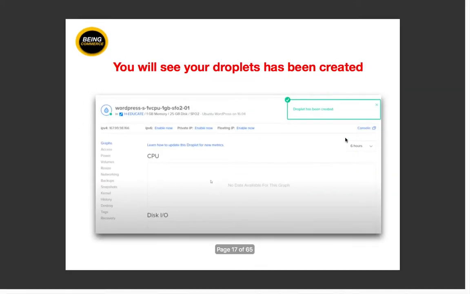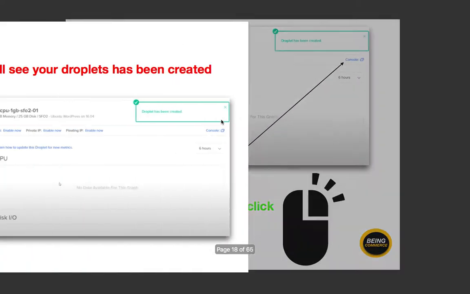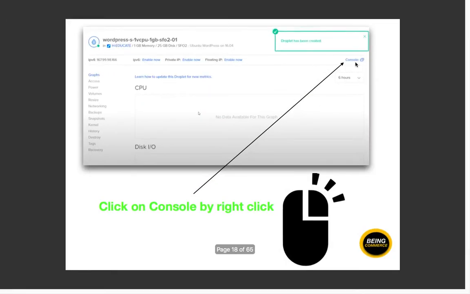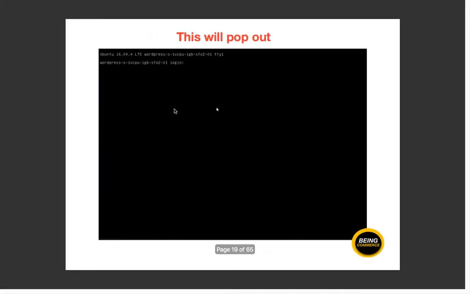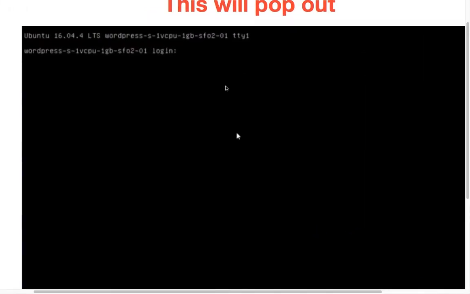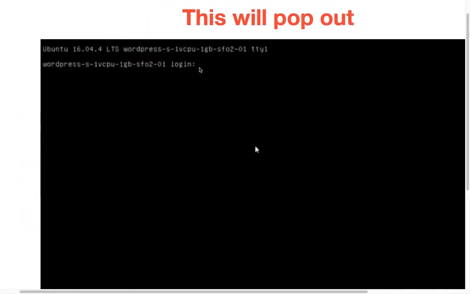When you click, a new interface will open and it will tell you your droplet has been created. Now guys, when you see this, you will get an option of console. You need to right click on the console. Then this black sheet will pop out, and you can see it will show login.